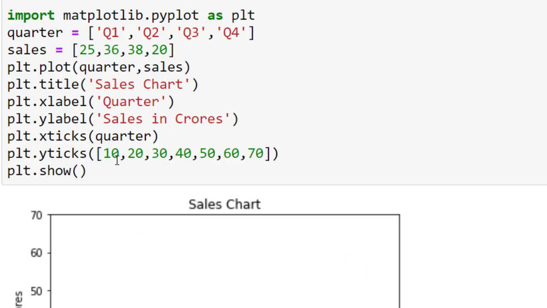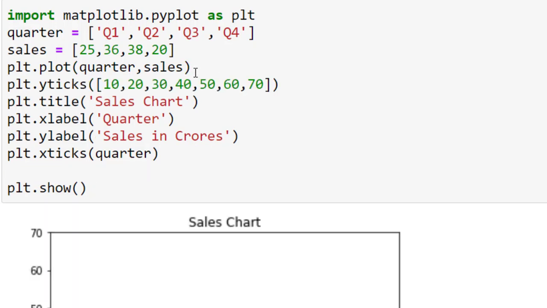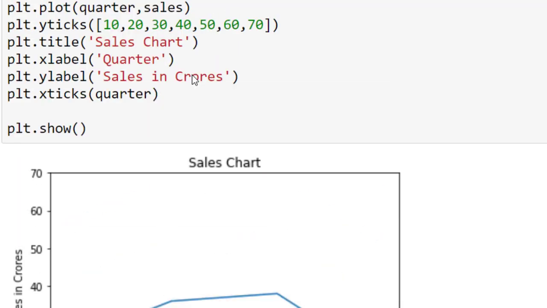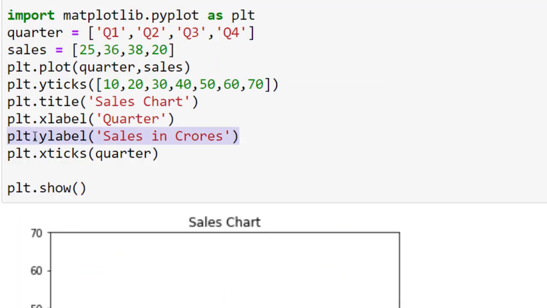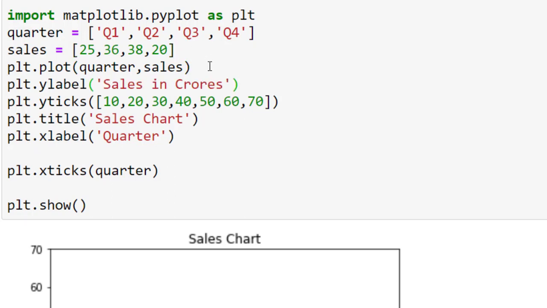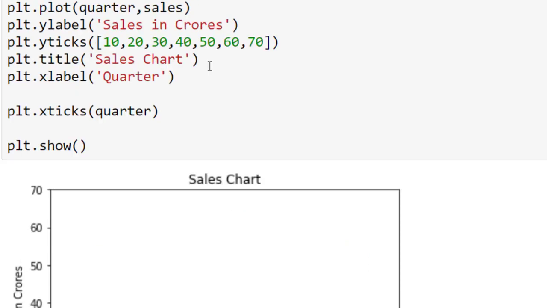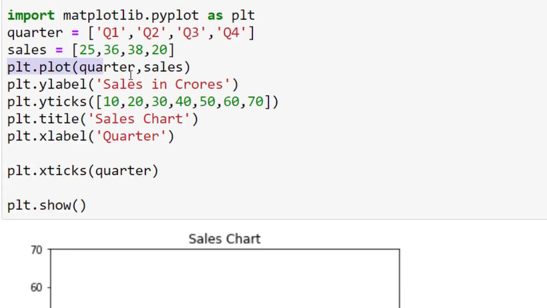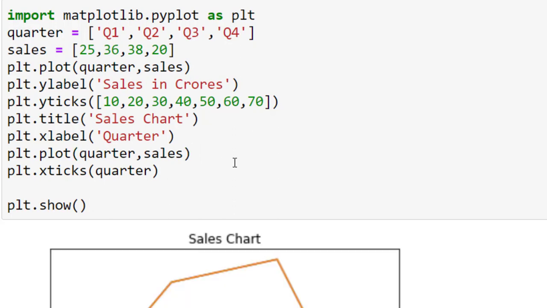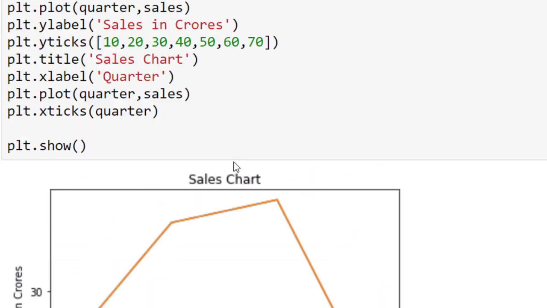Another important thing is that there is no definite order of writing these functions. You can also change the order, there is no problem at all. For example, I take it from here to here and run this code. It works fine, same output. Even if I take it from here and place it over here and run it, still there is the same output. I copy it from here and paste it here and run it, same result.